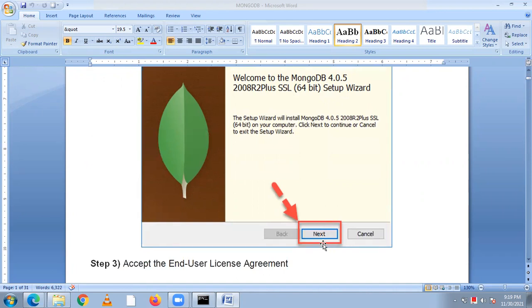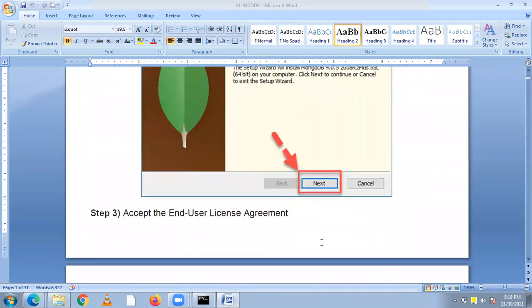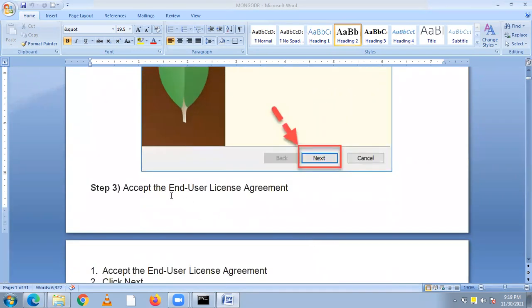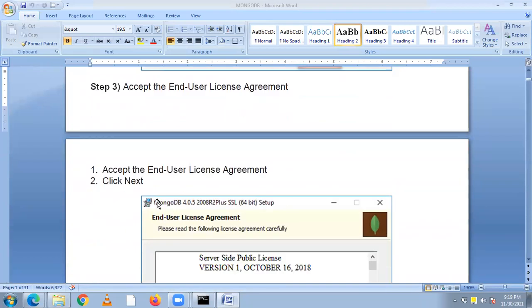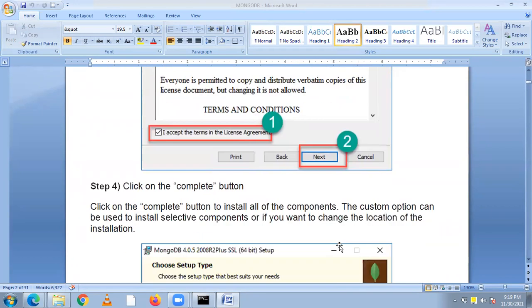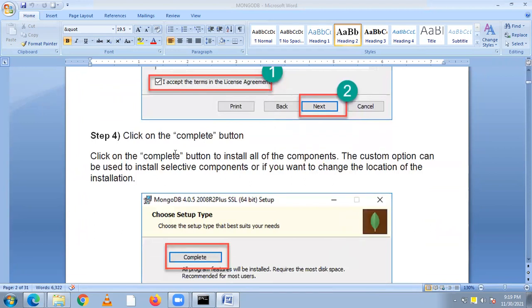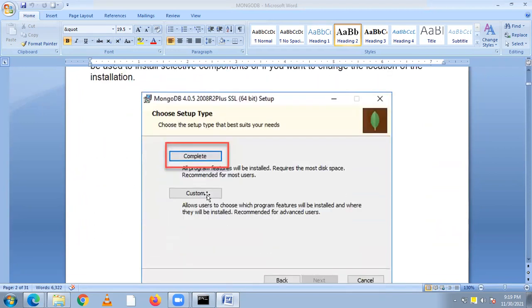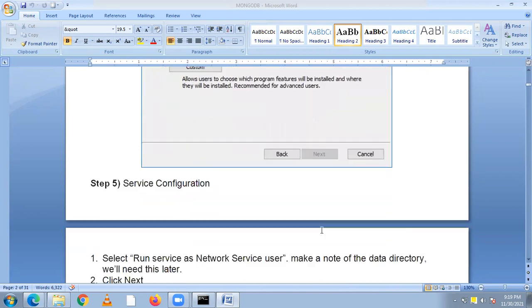Select next. Once you click next, accept the end user license agreement, then click next, then click the option button and choose between complete and custom. You have to choose complete, then next.